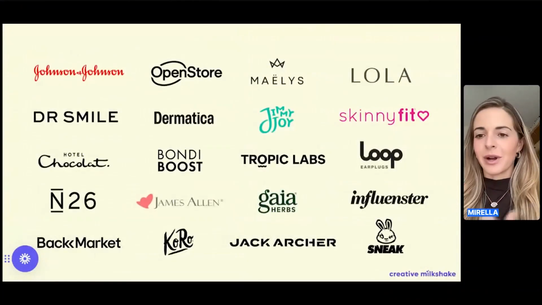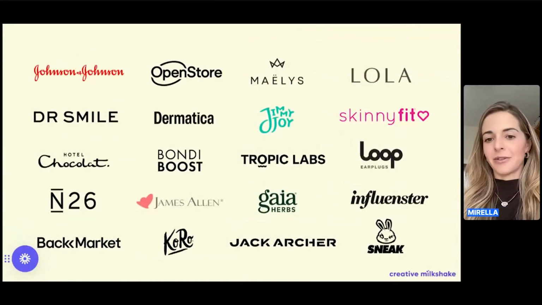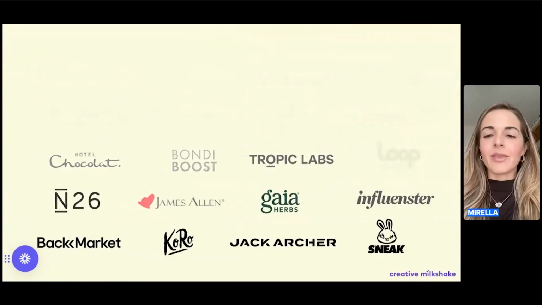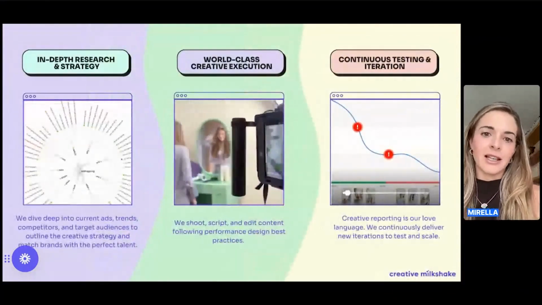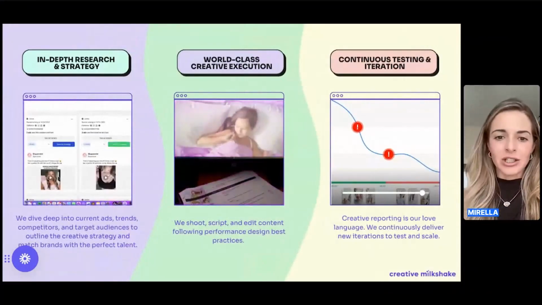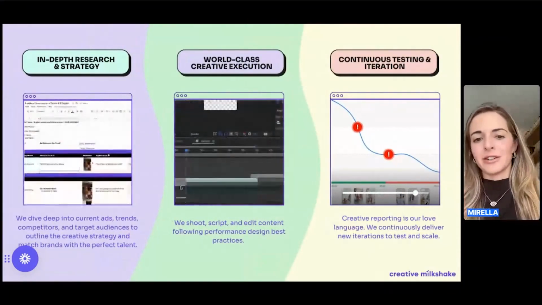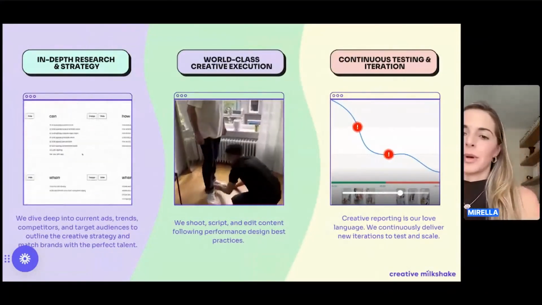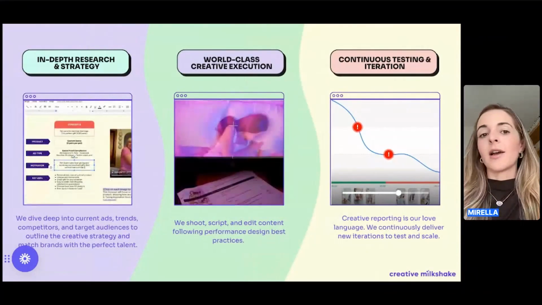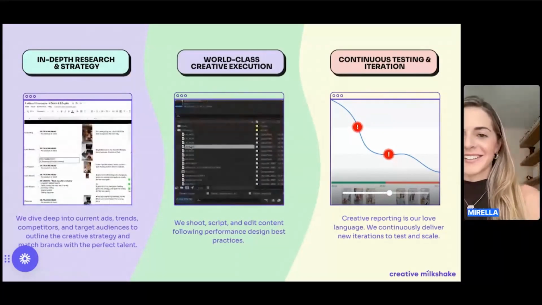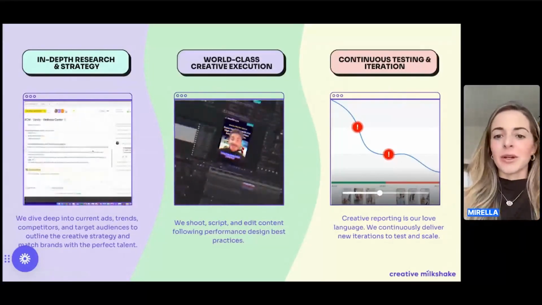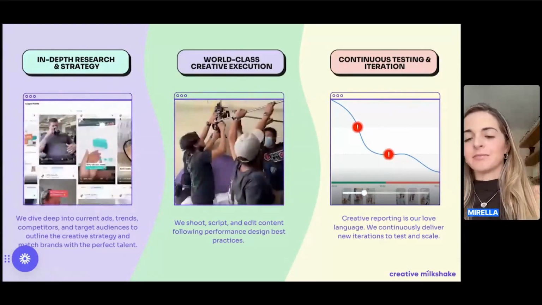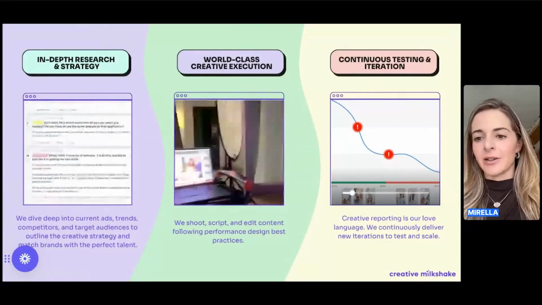We work with a wide range of brands from all around the world across many different verticals. So we've learned a lot along the way, and I'm going to share some things that we learned. We specialize in in-depth research and strategy. We dive into trends, competitors, and target audiences to outline the creative strategy brands need and match them with the perfect talent to produce their ads. We pride ourselves in world-class creative execution. We shoot, script, and edit all of our content in-house following performance best practices, and we continuously test and iterate